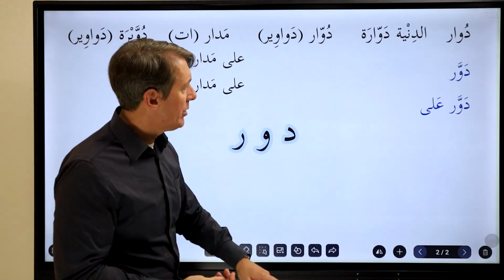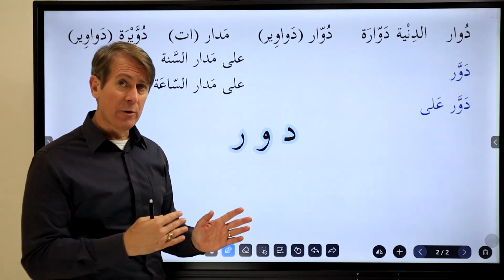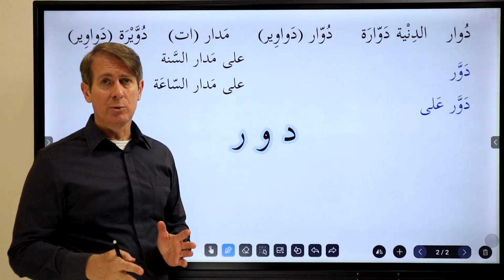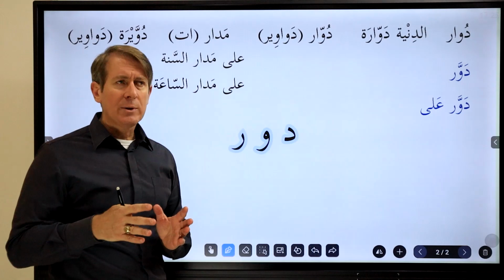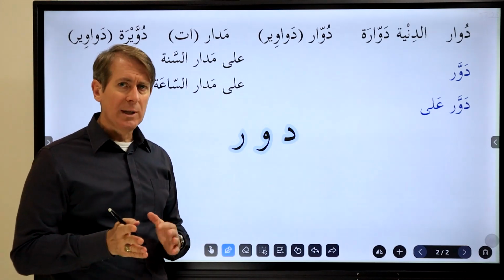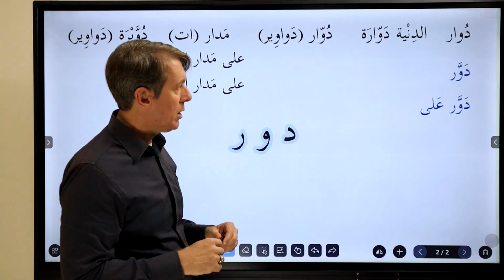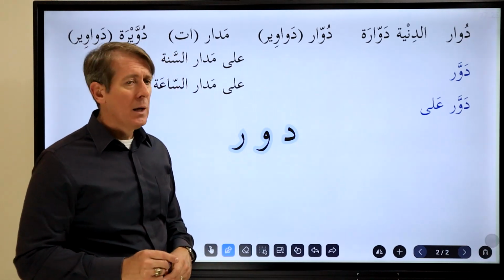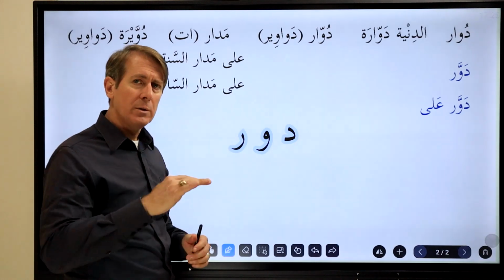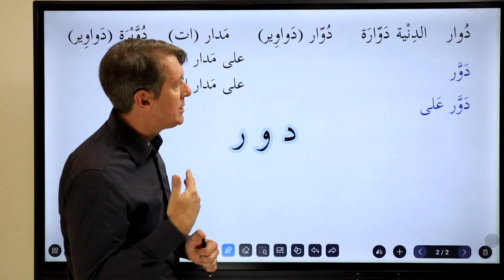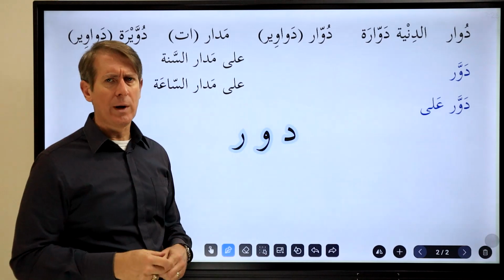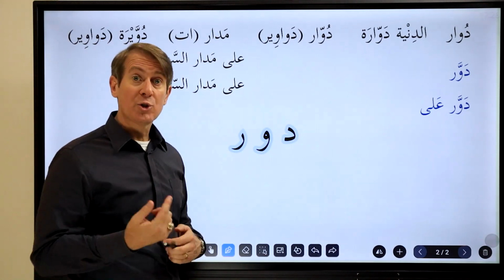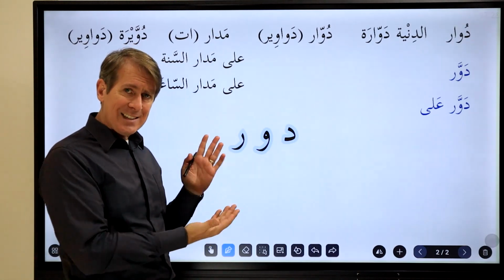But the next one from it, with the harf jar ala, the preposition, dawar ala, is used big time. Now, I don't think it's used in Lebanon so much. They have a different verb for he looked for. However, here and in Palestine, the southern Levant, we use dawar ala, and it's known quite a bit. Dawar ala means he looked for or searched for. Now you might say, well, how does this go with spinning?